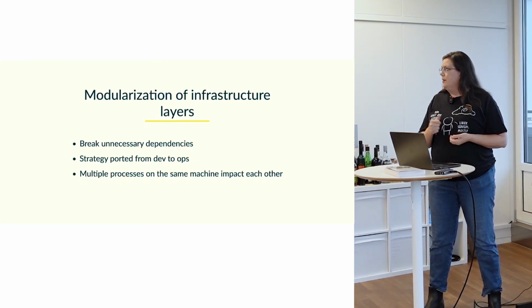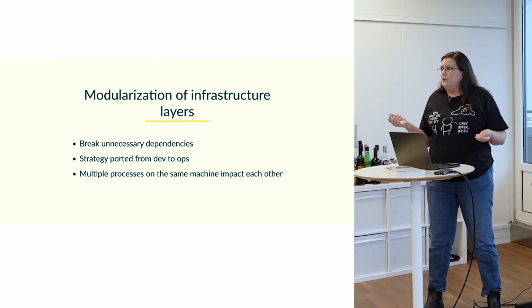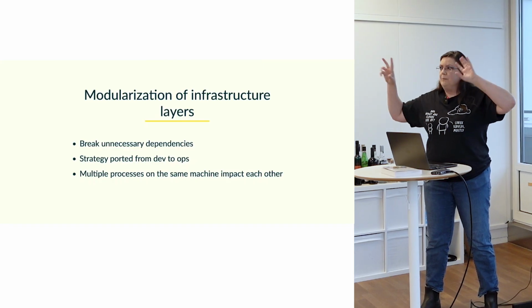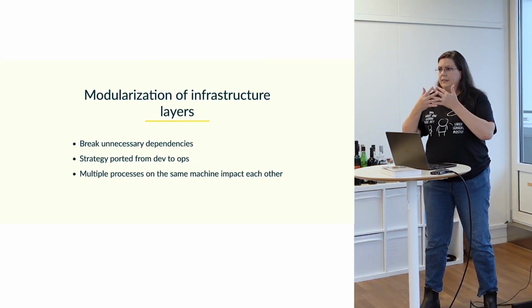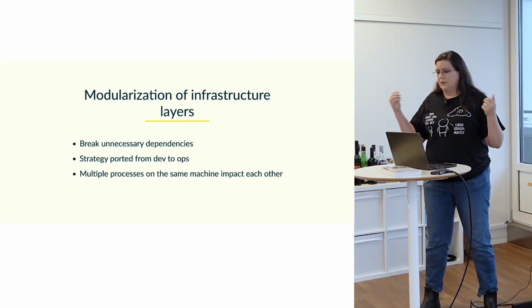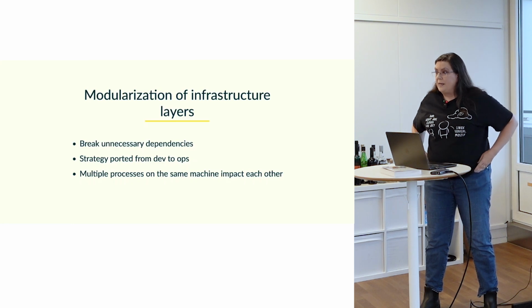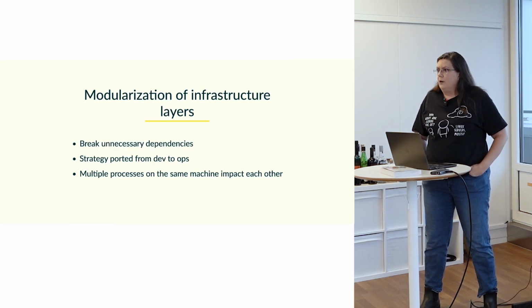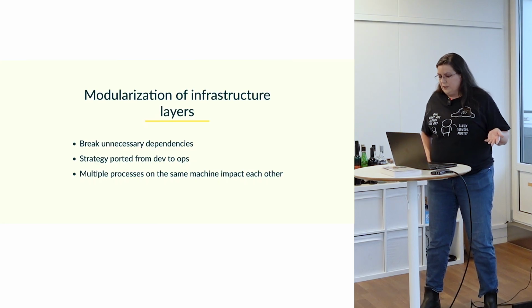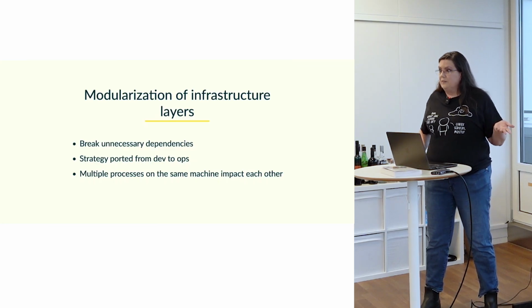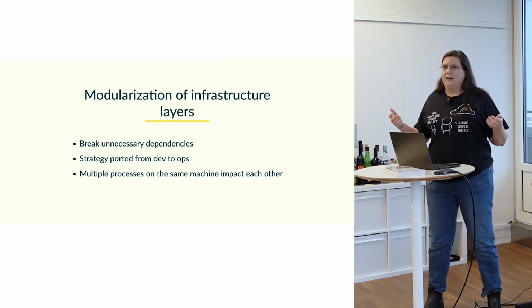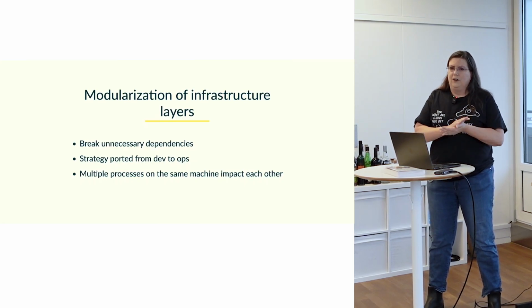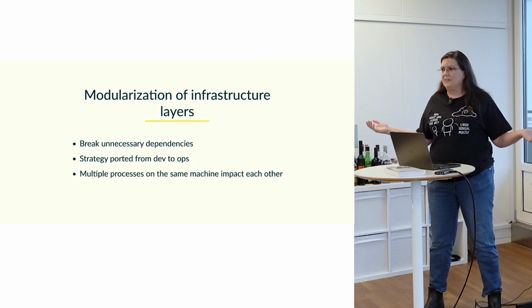Or you can have issues that are hard to identify because there are so many parts strongly connected to each other that it becomes hard to pin down a specific problem. Or you can have resource allocation problems where one process is hogging too many resources, or even something as simple as rebooting. You can have an app where this part we should just hard reboot and start over, but if it's on the same machine with everything else, then everything reboots.